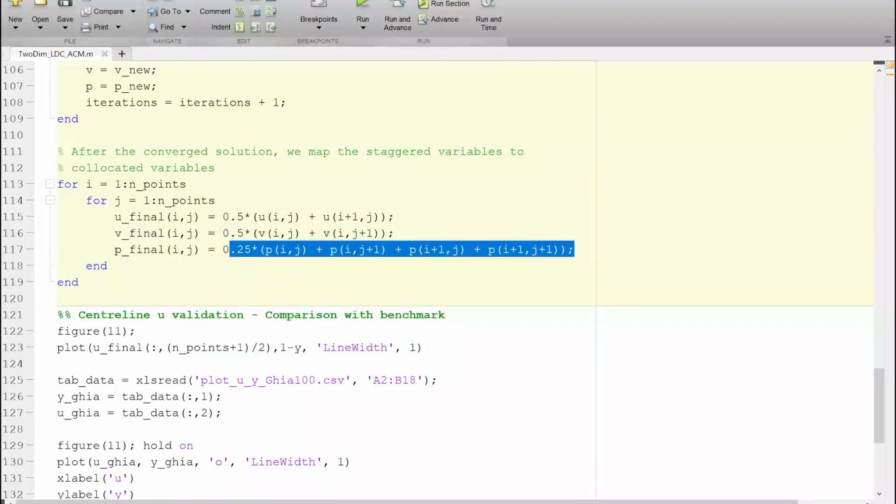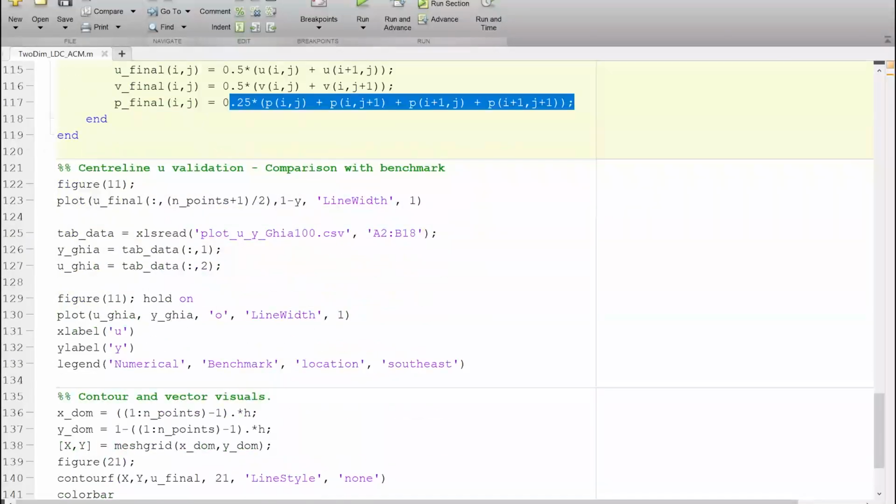So once we have done this, remember that after we get a converged solution, don't be happy straight away. Firstly, we have to make sure that our solution makes sense, because even a wrong solution can also be brought to a convergence level, but it is not the right solution. So to check that, we will compare our results with the results of Ghia et al. And I'll also put the link for this paper in the description, from where you can also download the data sets.